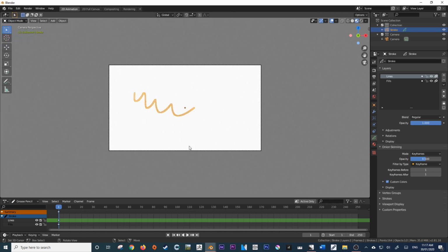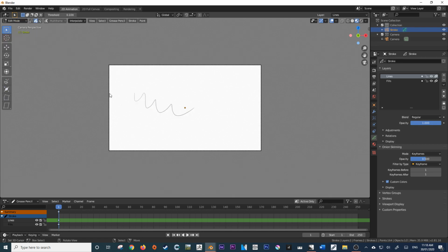I personally would not use object mode to move around your object. For those of you coming from traditional 2D animation software, think of object mode as transforming the entire layer that you're on, which is something that we don't necessarily want to do. We want to transform elements within the layer, but we do not want to transform the entire layer in most cases. So, if you are looking to transform elements within a layer, your best bet is to go into edit